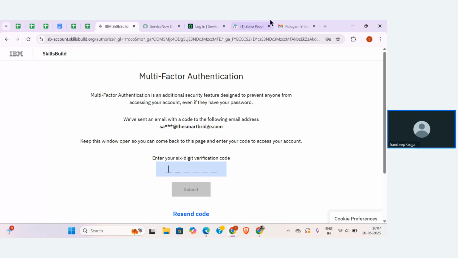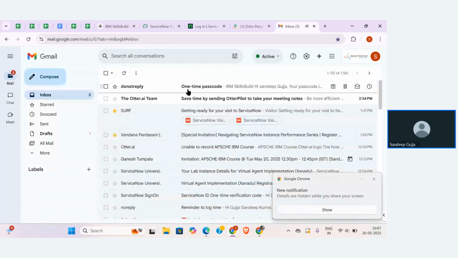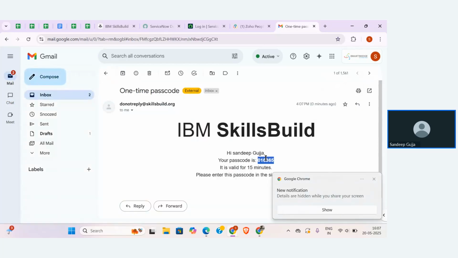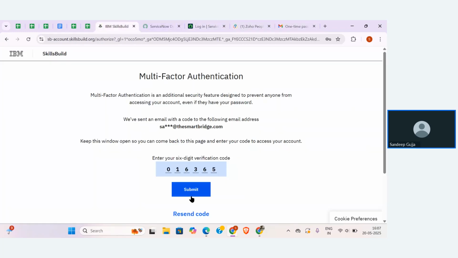So I got the verification mail. So let me go and check that. Enter the OTP, one-time password. Click on submit.